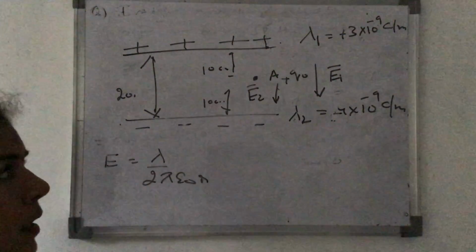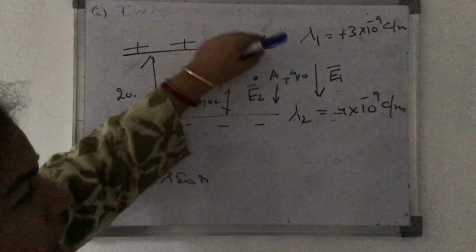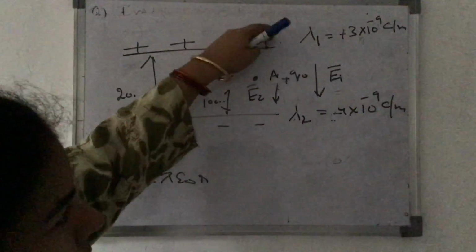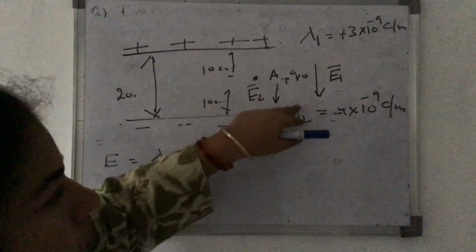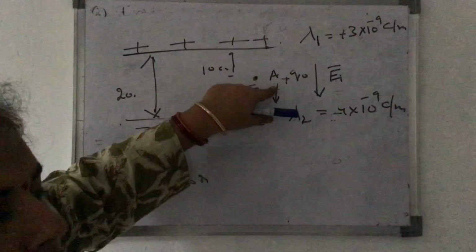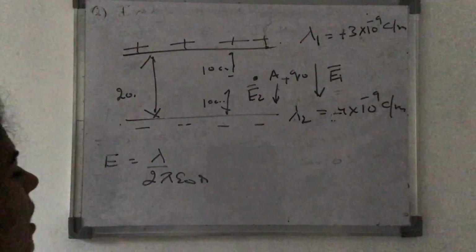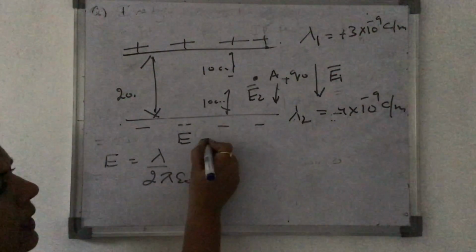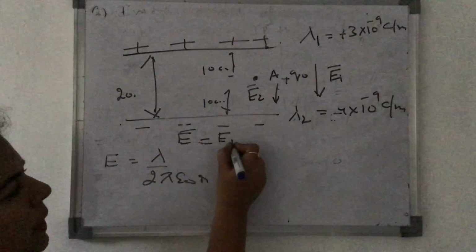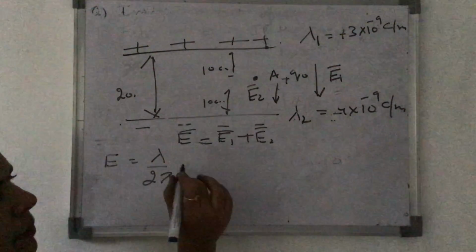दोबारा रिपीट कर रहे हैं. ये पॉजिटिवली चार्ज शीट थी. यहाँ पर हमने इमेजिन करा एक यूनिट पॉजिटिव चार्ज है. इसके कारण ये रिपेल होकर इलेक्ट्रिक फील्ड नीचे आ गया. अब ये नेगेटिवली चार्ज था और ये खुद यूनिट पॉजिटिव चार्ज दे रहे हैं. हम मानेंगे ये भी अट्रैक्ट होकर नीचे की तरफ आ रहा है. ये टोटल इलेक्ट्रिक फील्ड इज बेसिकली इक्वल टू E1 प्लस E2. वेक्टोरियली ऐड कर लो, न्यूमेरिकली ऐड कर लो, क्योंकि दोनों सेम डायरेक्शन चल रहे हैं.